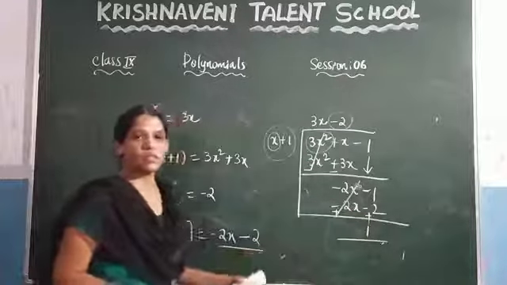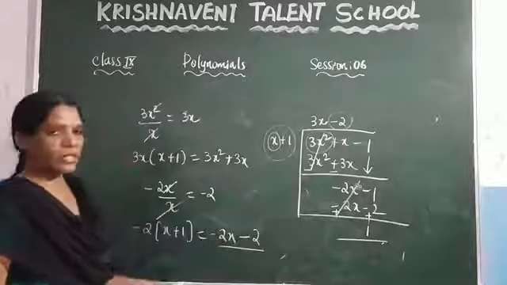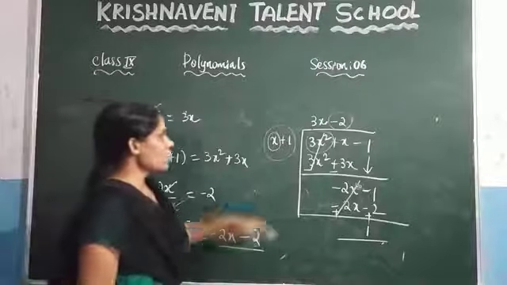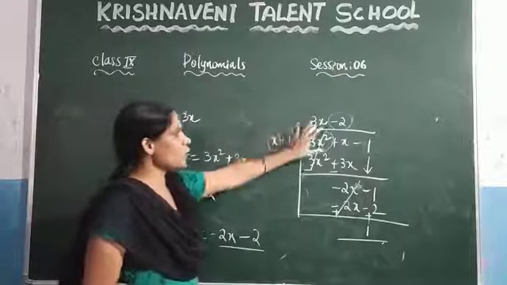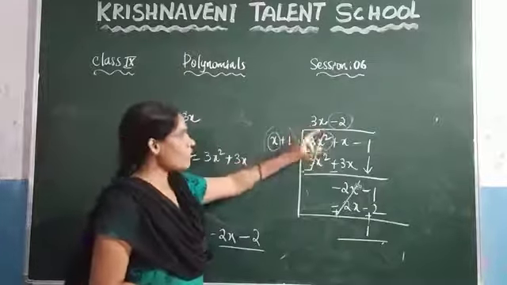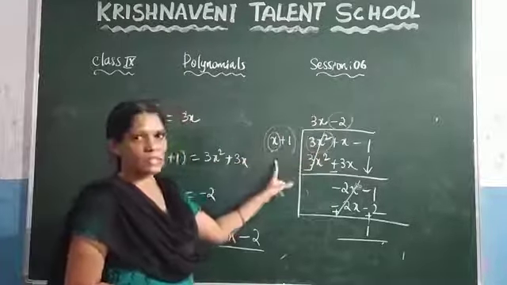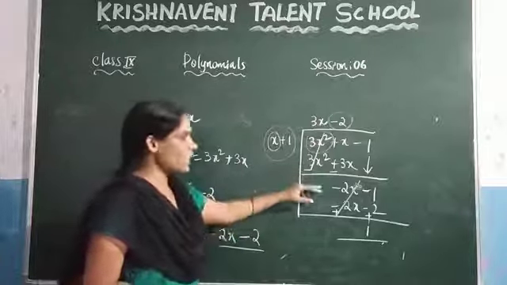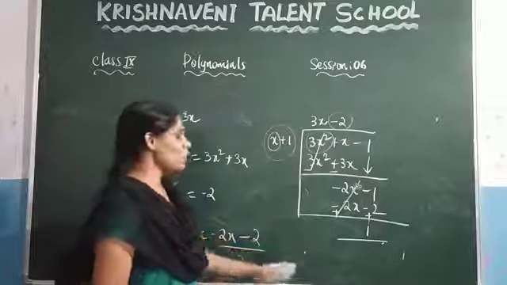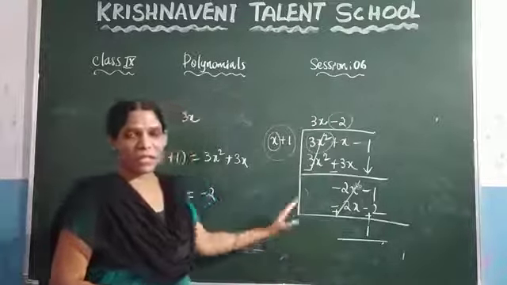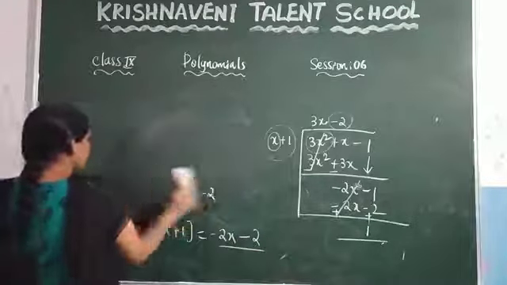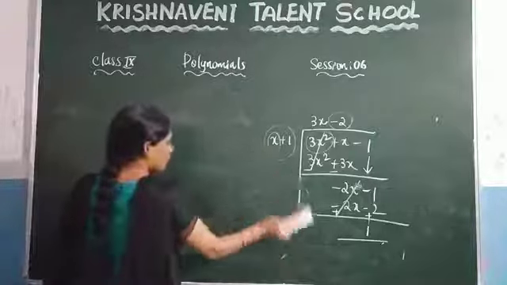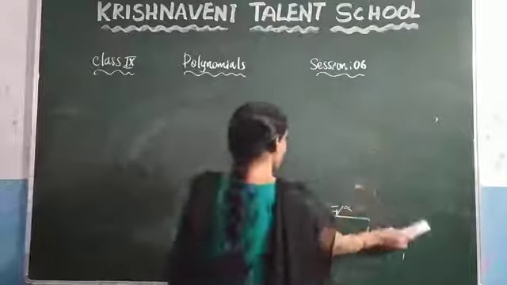Like that you need to divide two polynomials. How to divide two polynomials? Just divide the first term with the first term, and the result you write in the quotient, and after that you need to multiply this term and this term, and after that you have to change the symbols, and after solving you are getting the remainder as 1. Like this you need to divide two polynomials. Let us consider one more polynomial. How to divide?